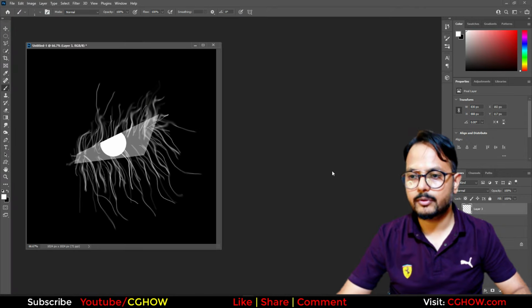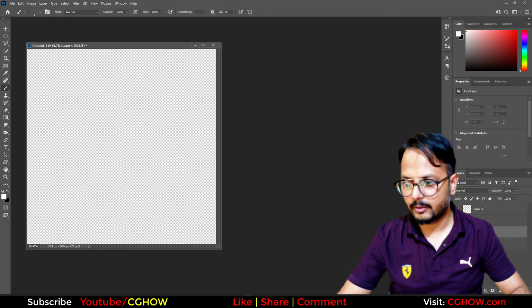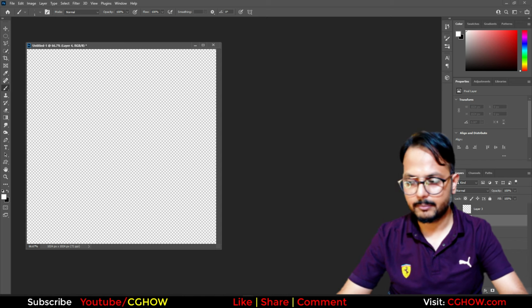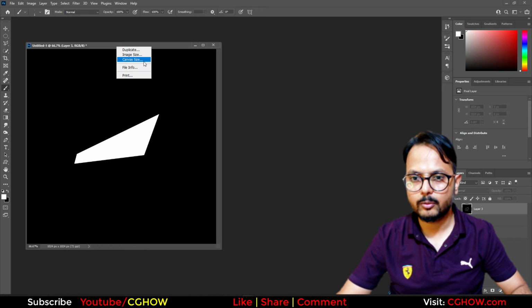So now I'll just put these all in different layers. So what I'll do, I will make the opacity of this high, merge, and then I'll just unlock this, and then turn this off. Take a new layer, make it black, turn this on, merge, and turn this off. Make a new layer, make it black, turn this on, merge. So we have now 3 layers, and what I can do, duplicate this,